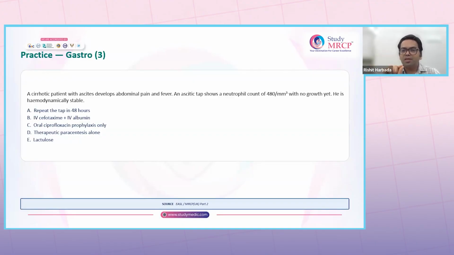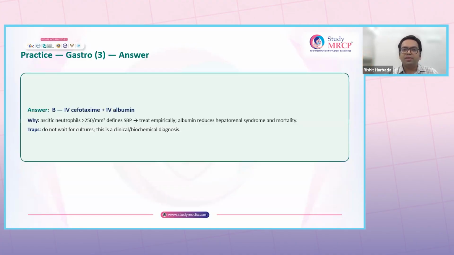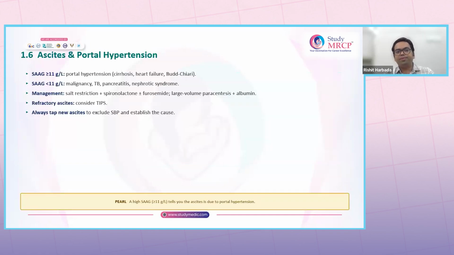Here the patient has more than 250 neutrophils, 480, which is suggestive of SBP. So the treatment will be IV antibiotics, cefotaxime and albumin, because it will reduce the risk of hepatorenal syndrome. Do not wait for cultures. That is very, very important over here, which is extremely essential. So ascites, as I already discussed previously, if the SAAG is more than 1.1,